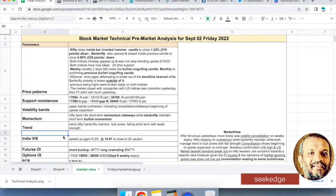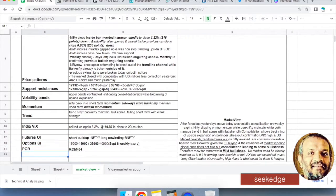VIX has spiked again today, very close to 20.87, a 6.3% spike. So it is spiking up, spiking down: one day 6% up, another day 6% down. That's what has been happening for the last 2-3 days. Which is why there was short build-up but long unwinding on the Bank Nifty, bearish. That's what happened today. Options-wise, data may not be relevant because tomorrow is going to be the first trading